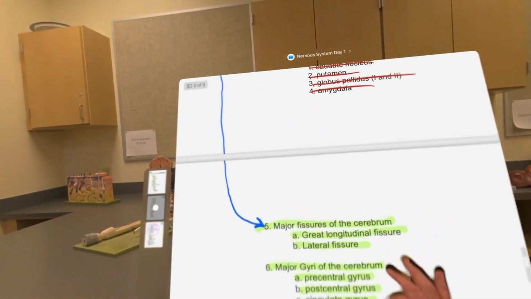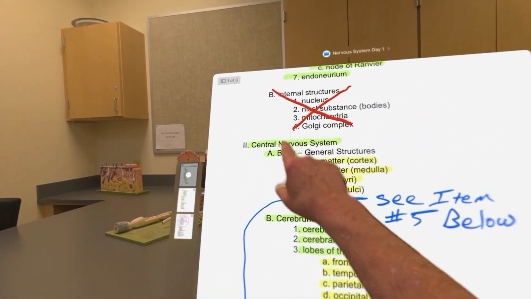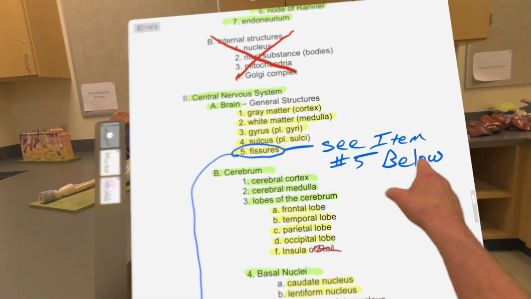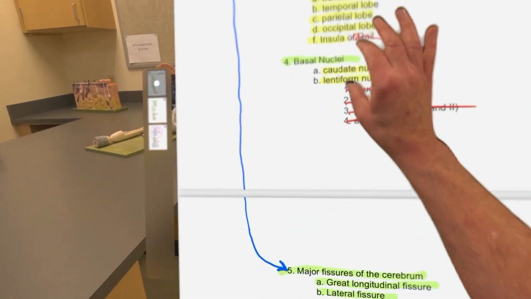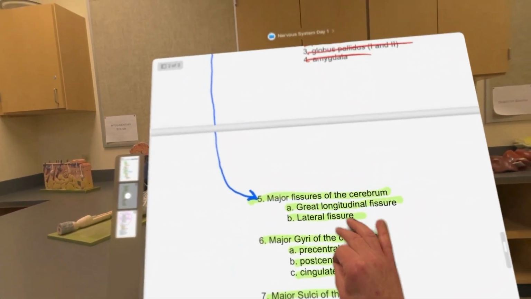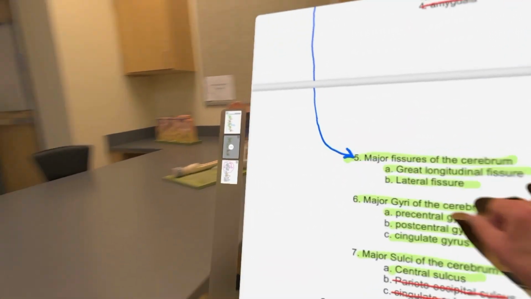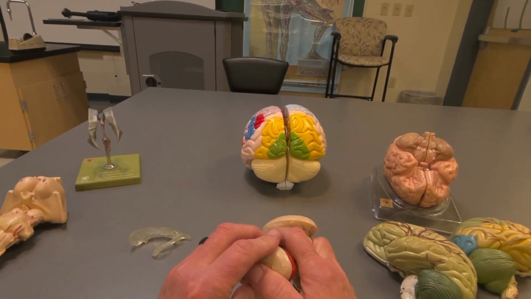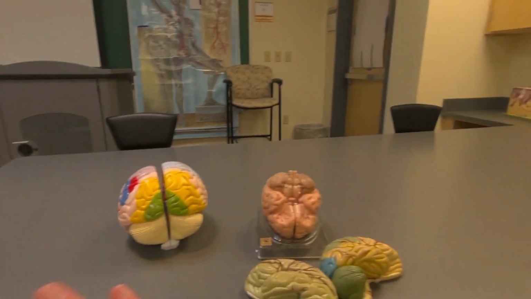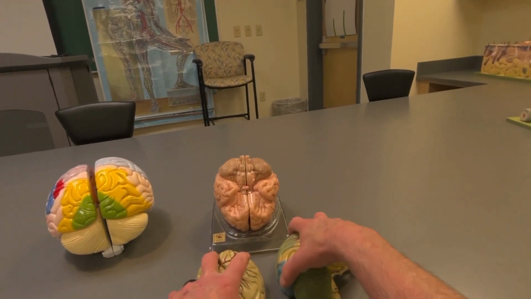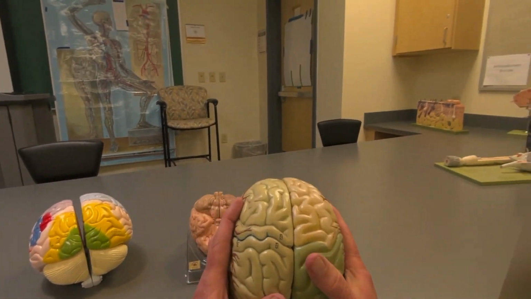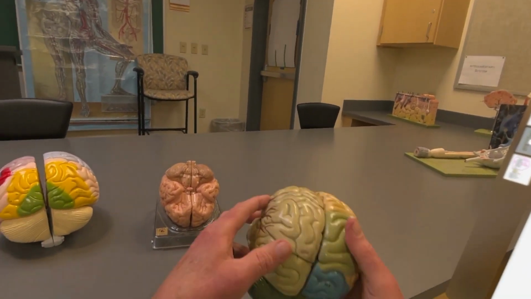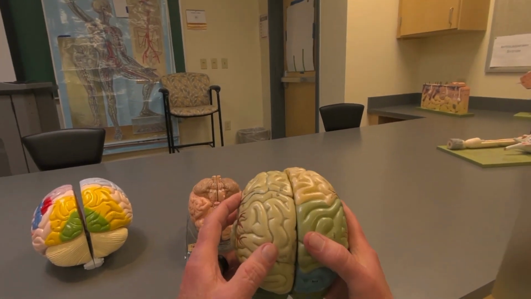Now, we did see way up here under brain: gray matter, white matter, gyrus, sulcus, we saw fissures, and I said see item 5 below. Let's go see item 5 below. Major fissures of the cerebrum. Let's put this guy back together for just a second. In fact, I'd prefer that you put that back together anytime you took one apart. So as we take a look at this, where we're holding a brain with the front of it going forward and the back of it facing us,